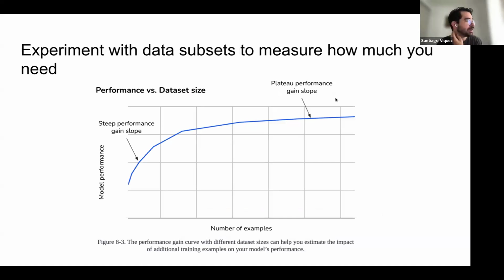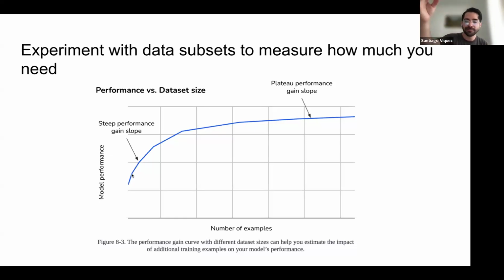There's also this nice experiment that you can do yourself when training a model and don't have enough data, and you want to see if just investing more time in finding more data would give you some performance gains. So, for example, if you have a data set of 100 examples or 1,000, whatever number. Let's say you take 25, you train your model, and you record the performance.